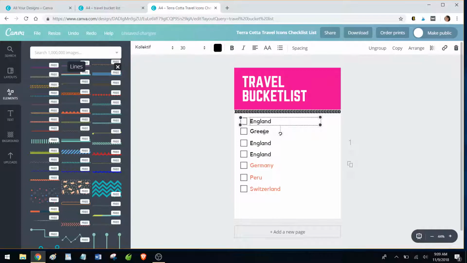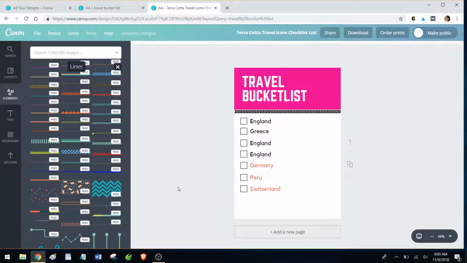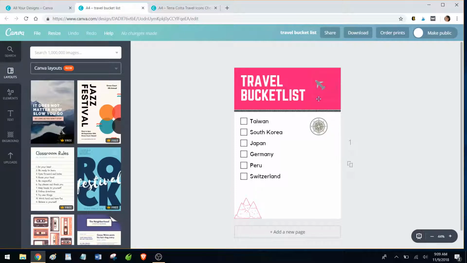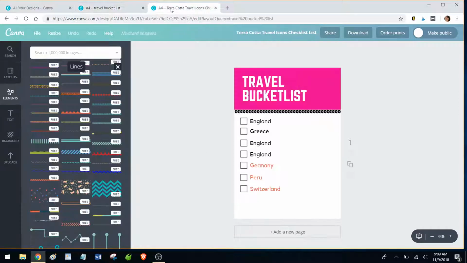Canva makes things really easy by being able to copy elements, either individual ones or if they're grouped together. If you do want more checklist boxes along with your text, you would go over here, copy, and just drag to where you want them to be. Now in this other design, I went ahead and put in a couple of free elements to just kind of dress it up. So this is what you would do: go search